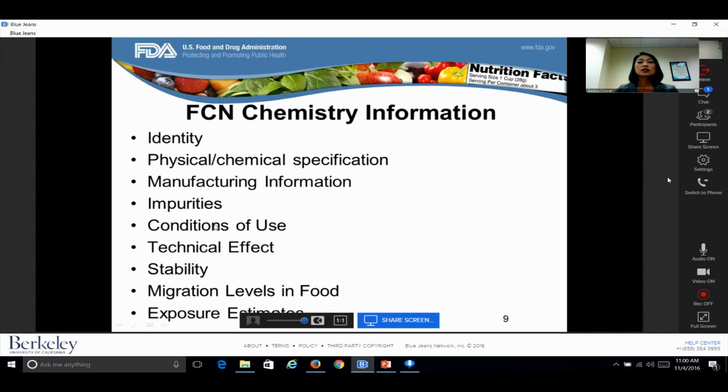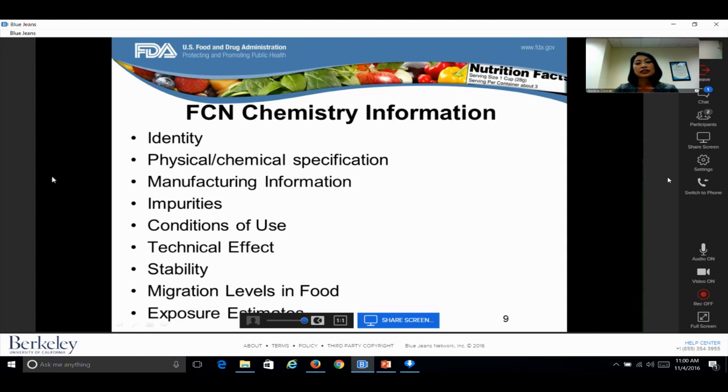The next set of information is the condition of use. How is the FCS going to be used? This details the types of food it's going to be coming in contact with, whether it's aqueous, acidic, alcoholic, or fatty types of foods. The use level, how much of the food contact substance is going to be used in the food contact article, and the time and temperature of use, whether it's going to be used in a can coating,